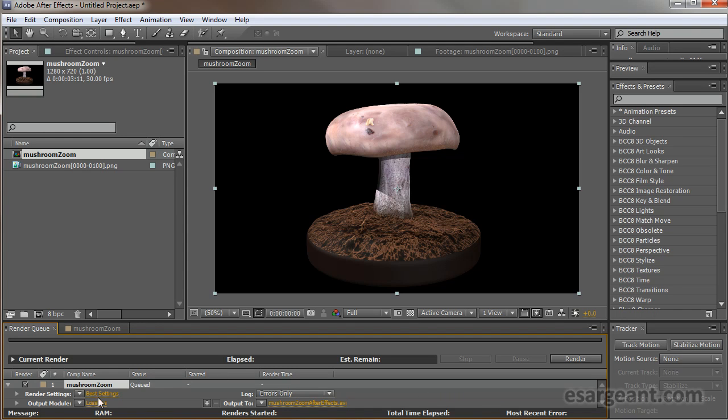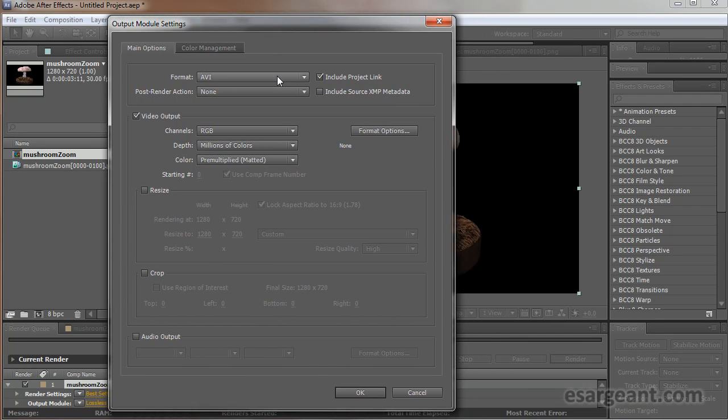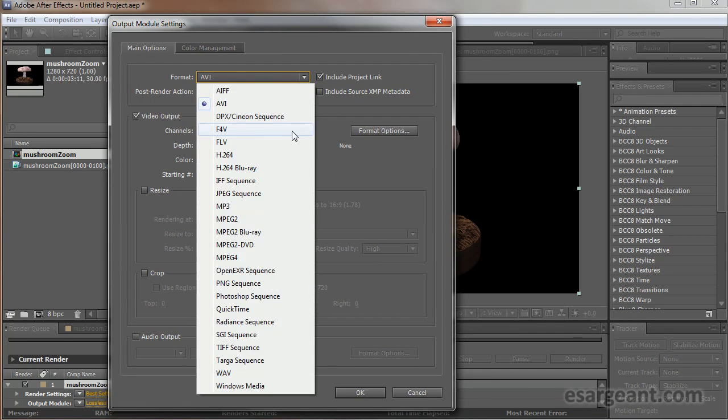The default then is lossless, and you can see that's giving me an AVI file. That's essentially uncompressed, which is going to yield a huge file. Great quality, but obviously not very transferable. So if you click on lossless, you can start to tweak the output format. Now these days H.264 really is the newest kid on the block. It gives you the best quality versus size, and it's also very compatible. So I'm going to do an H.264,